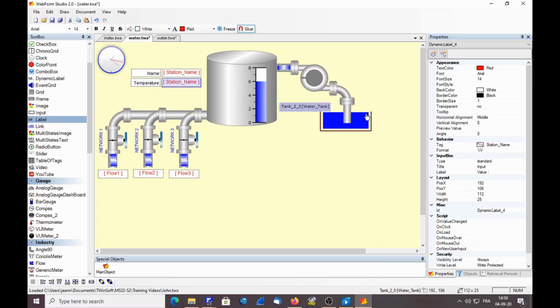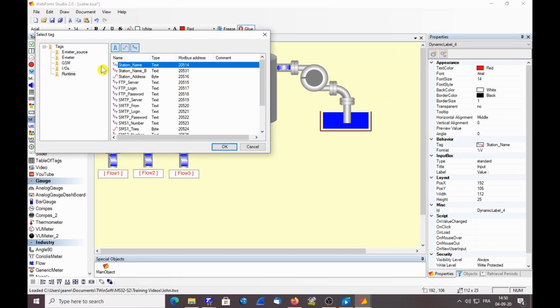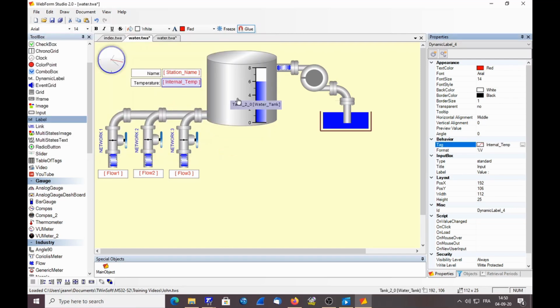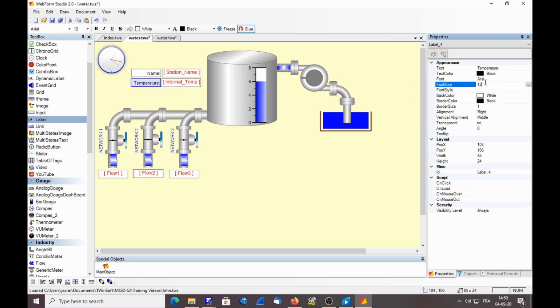So I select the tag here, and I will change the tag, and it is internal temperature. Okay. And here I can put a unit, for instance, degree centigrade. And I can increase maybe a little bit those fonts so that it corresponds